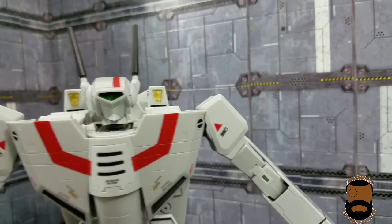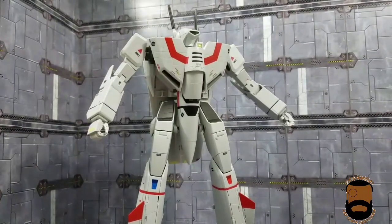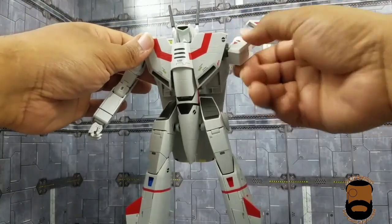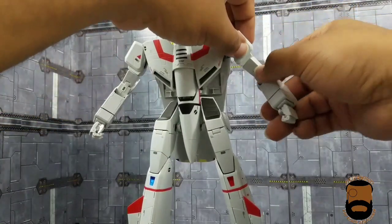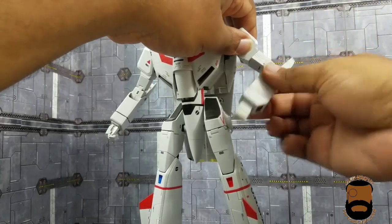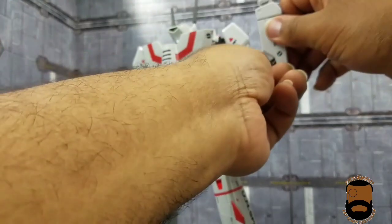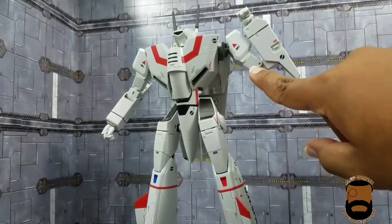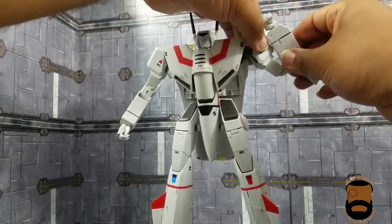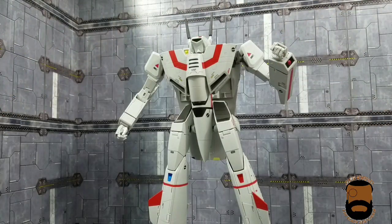As far as the arms go, pull that down. Very much like a gear walk mode. Same deal. You get a full 360 out of the arm. Bicep swivel. Get 360 out of that. Elbow bend, which is actually, I think, double jointed. Yep, because it has a bend here and a bend there to get you all the way back, which is very good. The hands are exactly the same, but this time around,